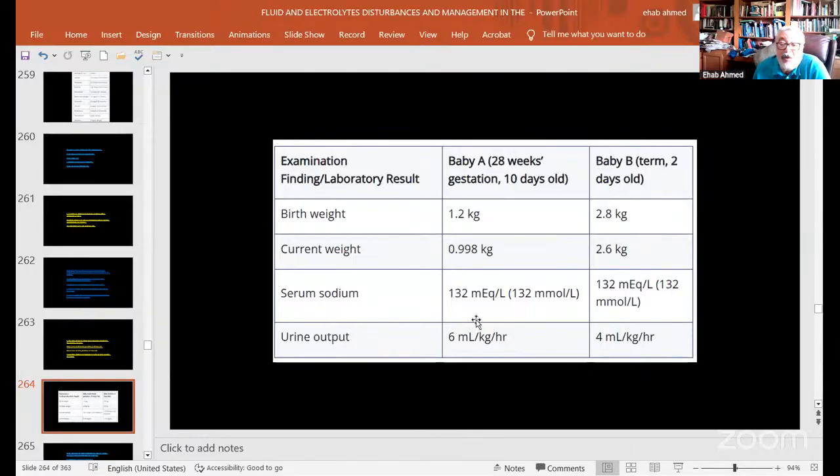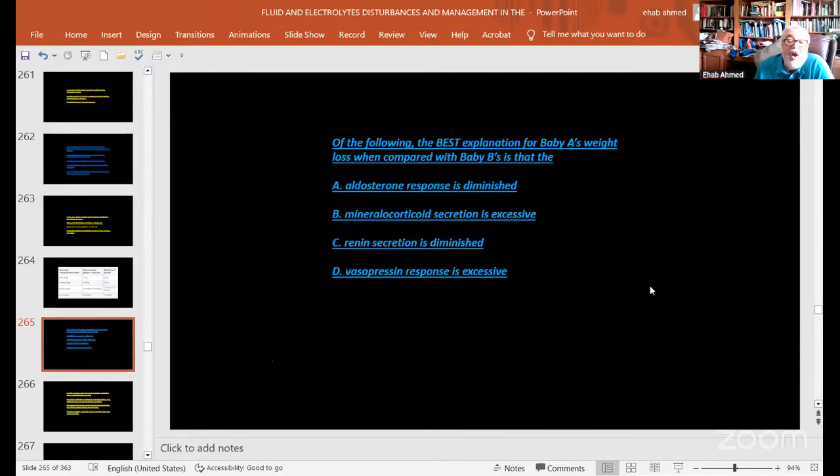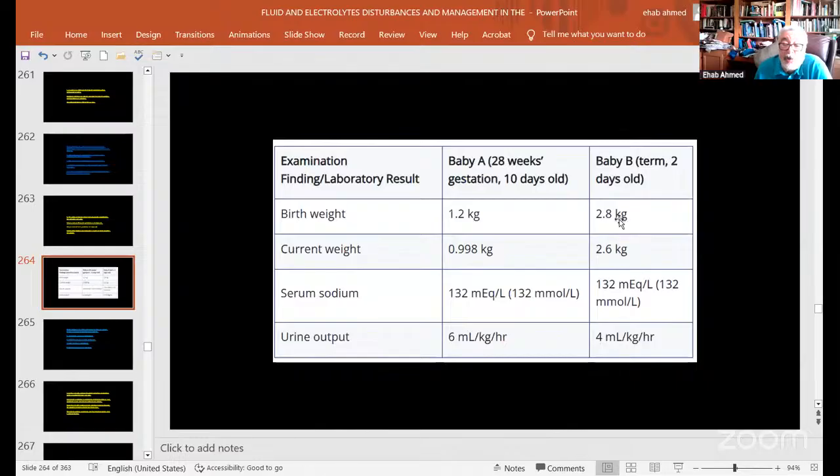Serum sodium, 130 milliequivalent in both. Urine output is appropriate for both, 6 in the preterm and 4 milliliter per kg per hour for the term baby. So, of the following, the best explanation for baby A's weight loss, the preterm, compared to baby B,